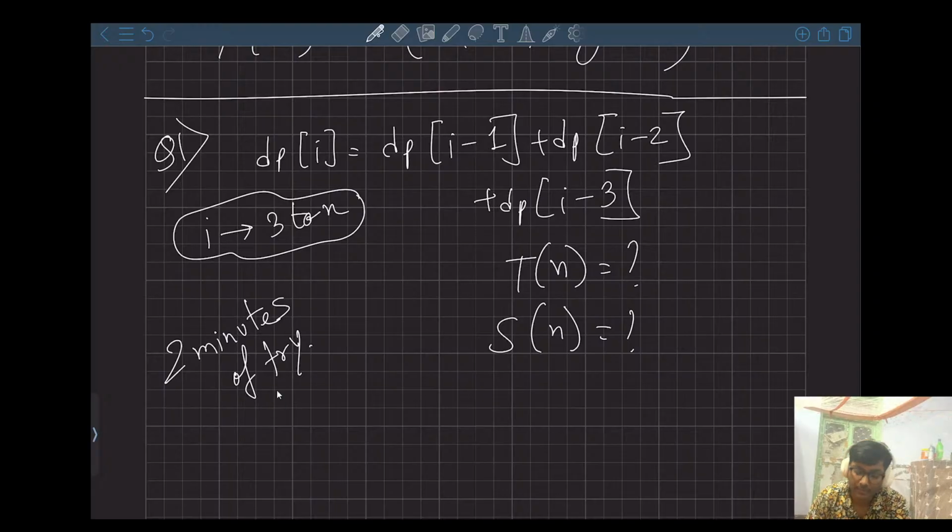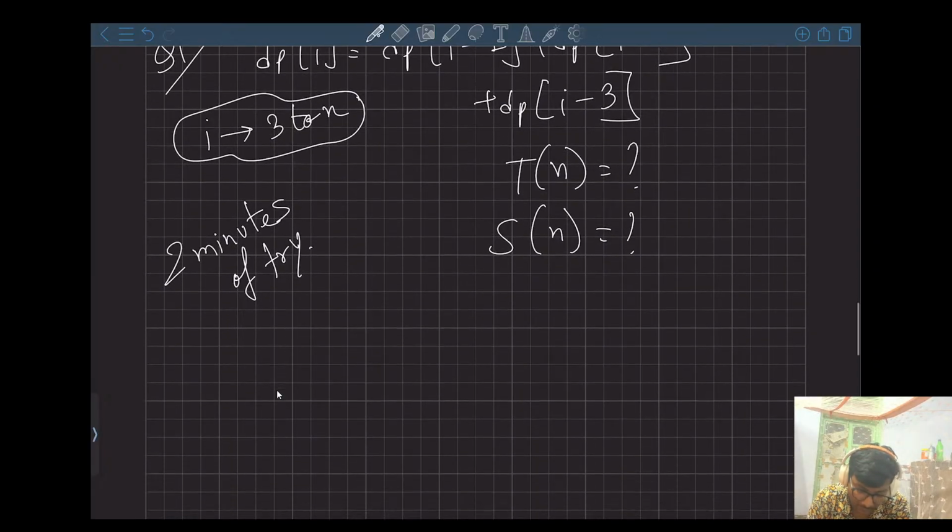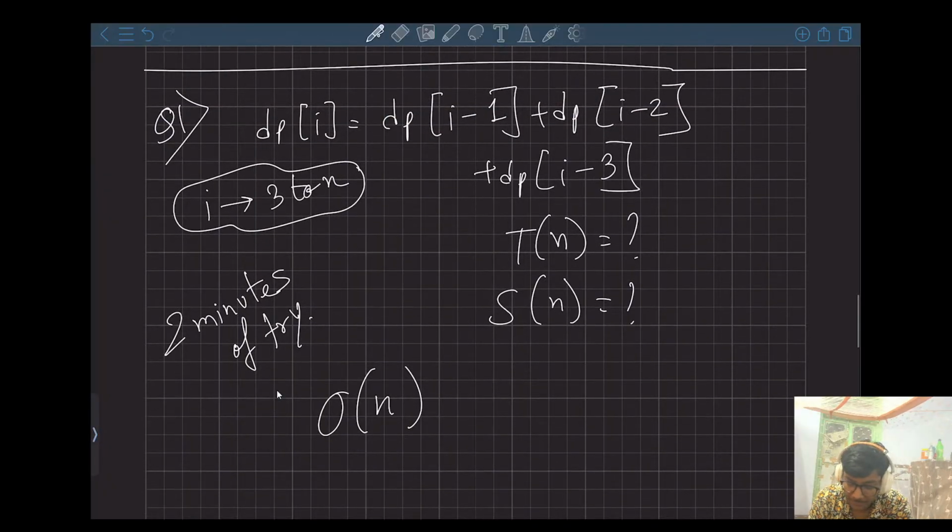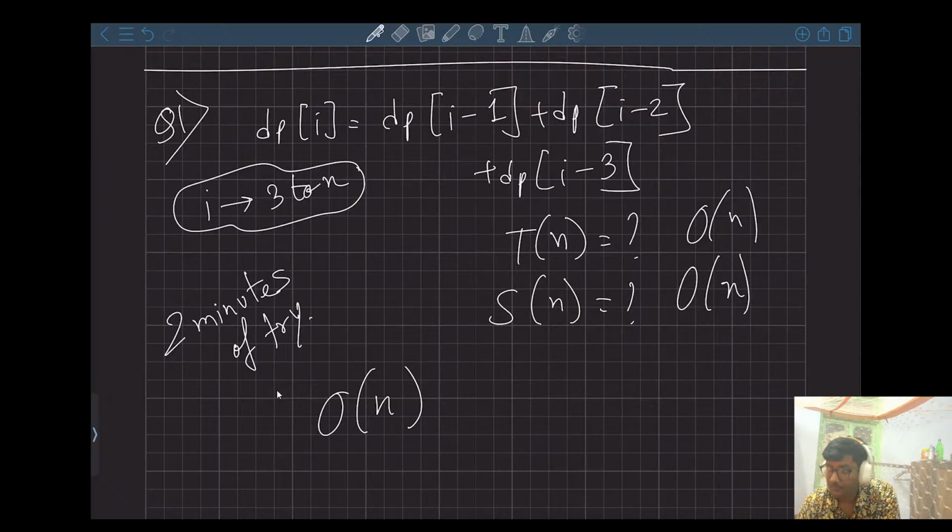Okay, let's get back to this. As we can see, this is just order of n, because the time complexity of calculating each state is constant. Okay, and the space complexity is again order of n because we only have a one-dimensional array. I hope this makes sense. Okay,